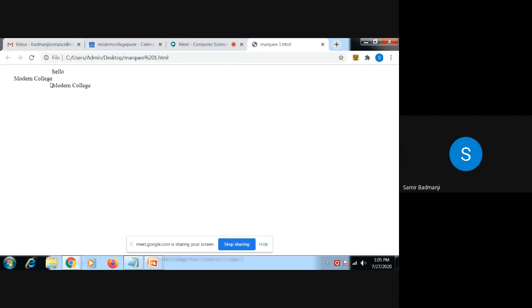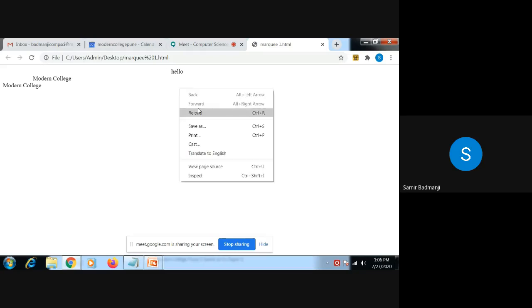After it reaches here, again it starts from here. Next, Modern College, what is happening? For this I have given the attribute behavior equal to alternate. See, it is coming from the right, going to the left, and again keeps on bouncing.